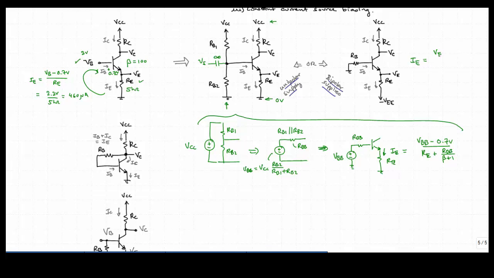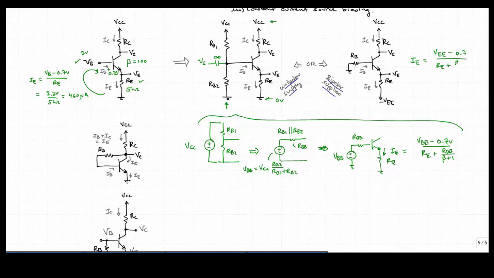VEE. So you might wonder, is it minus VEE? Well, it's VEE because let's say this is minus 10 volts. So the bottom of the emitter resistor is 10 volts lower than the emitter of the transistor, and so that would cause a current to flow downward or clockwise. So it's VEE. If you're not sure, just do KVL around the loop. VEE minus the base to emitter voltage drop divided by RE